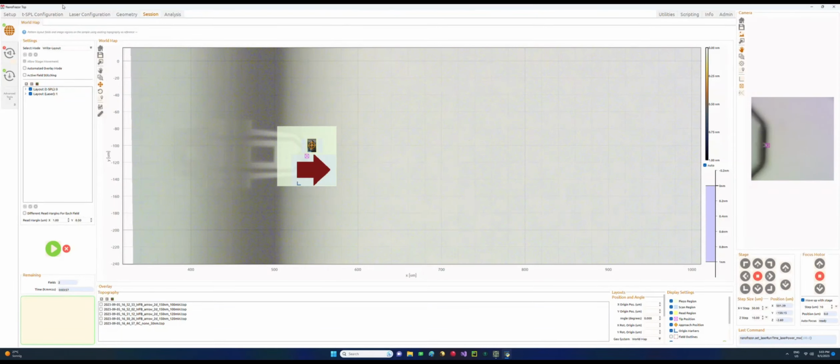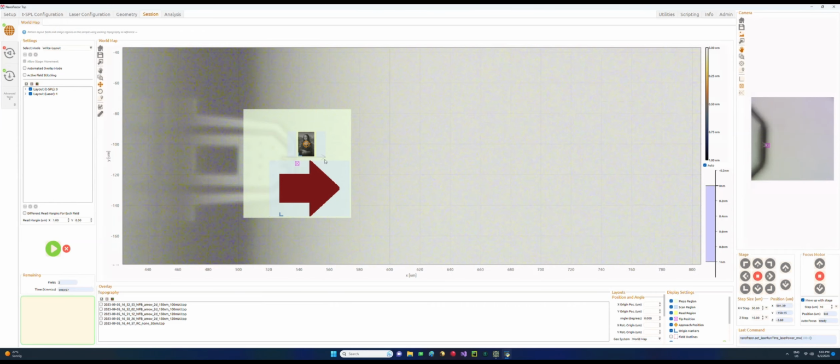So we've seen how to pattern with the TSPL. Now let's quickly see how we can pattern with the laser in case we have a Nanofrazor Explore. So let's select the arrow, the geometry that we imported earlier. If we press play here, we will already start patterning with the laser.